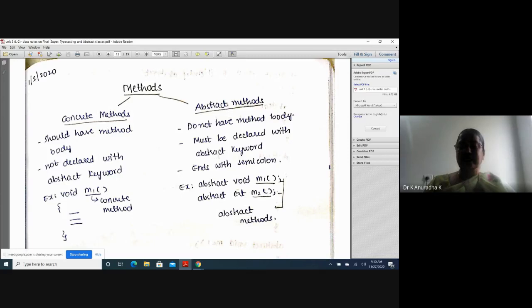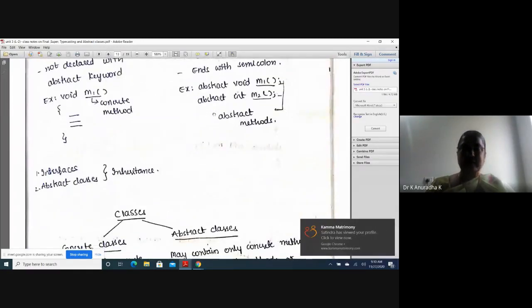For this method, I am using no method body, it is declared with the abstract keyword, and it ends with a semicolon. So in this case, M1 and M2 are said to be abstract methods. In this other case, M1 is called a concrete method. First, we should distinguish concrete methods and abstract methods. Once you understand the abstract method,